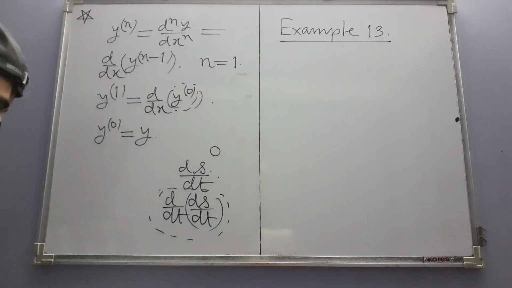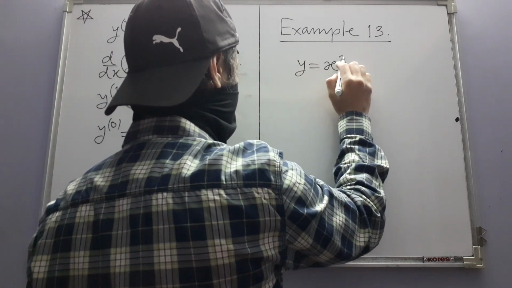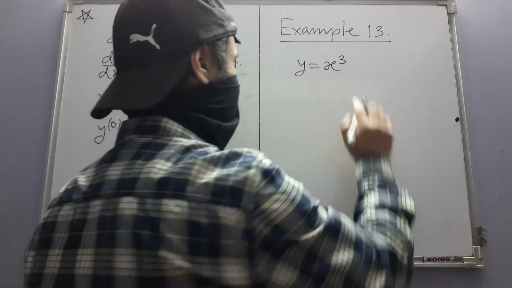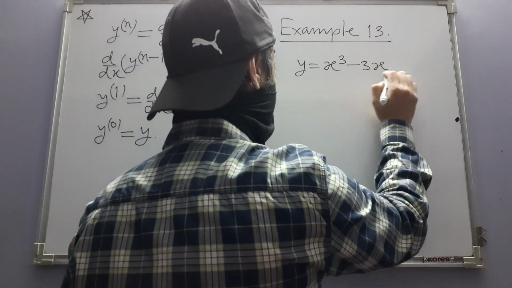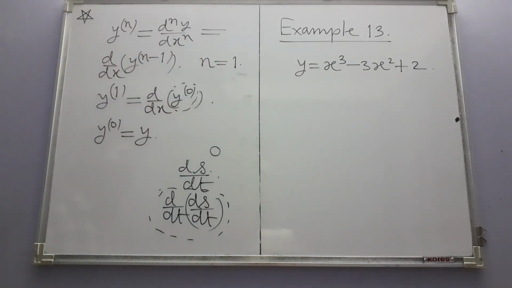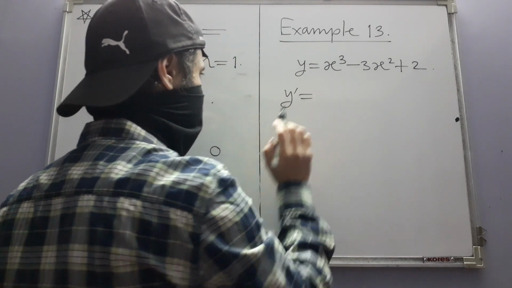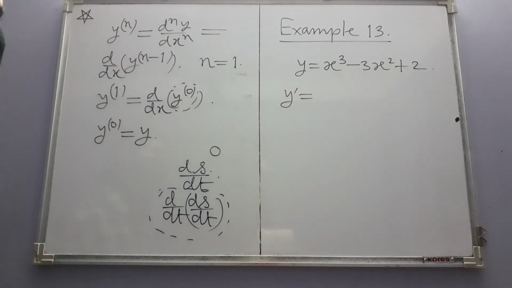Say our function is now this cubic polynomial, x cube minus 3x square plus 2. So if you differentiate once using all the rules that you have learned so far,